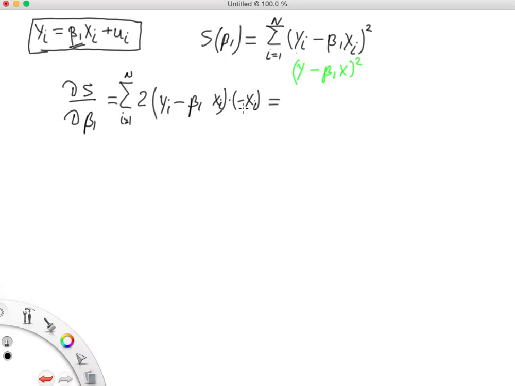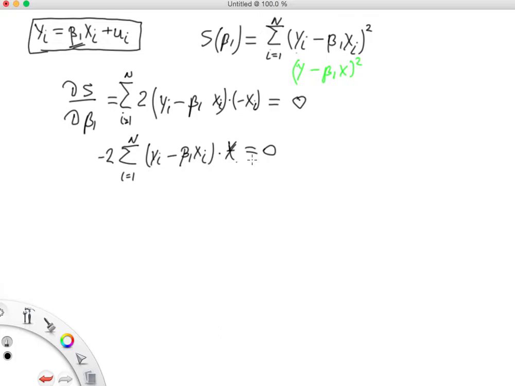Now first of all we have to equate it to 0. Oops, it's like a heart shape, so we'll leave it like this. So now I equate it to 0, and there's minus 1, there's 2. Using the constant rule of the summation operator, if you remember my first video, we take minus 2 out of the summation operator, and then you will get the sum of yi minus beta 1 xi, sorry, this is now x, so this is x now, times xi,